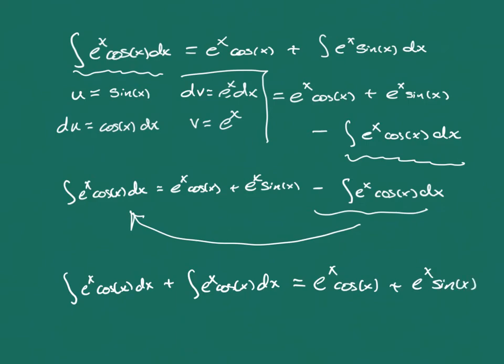On this left-hand side, now we've actually got something that we can put together. And so we end with 2 times the integral of e to the x cosine of x dx equals